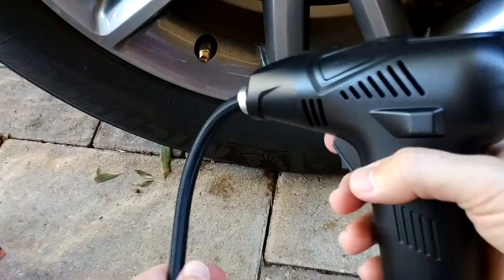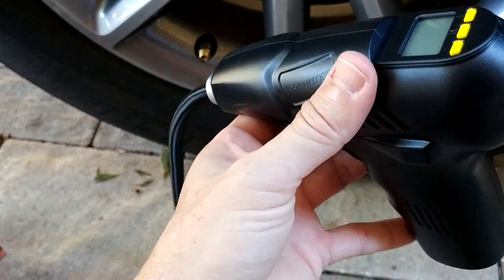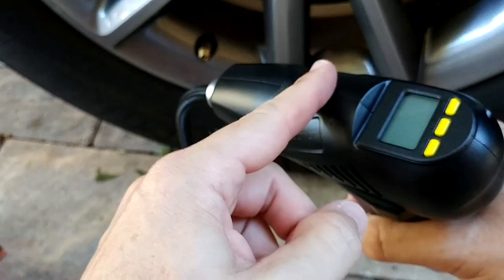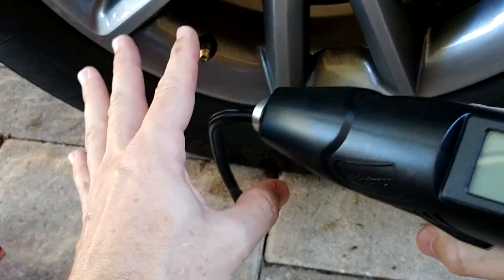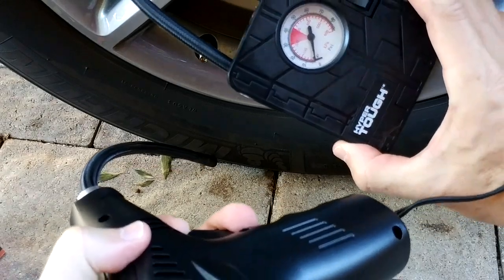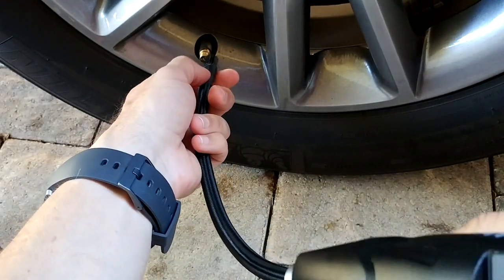I've already tested it on the other side. It's also much heavier than the thing from Walmart. I've tested it on the other two sides, I mean left side, front and back, and it worked absolutely awesome. So I don't know if there's a problem with the tire or there's just a problem with this cheap thing from Walmart. So I'll test this thing here,